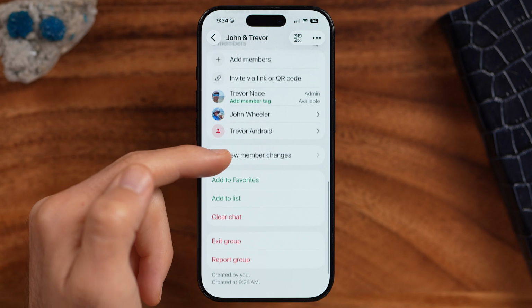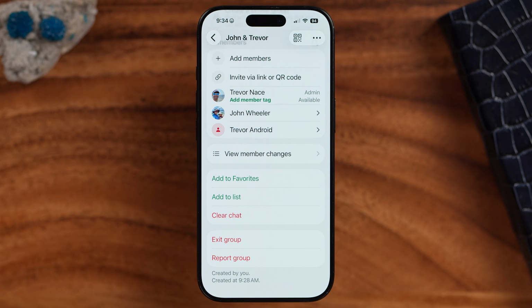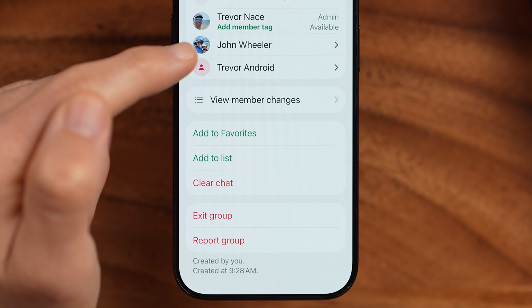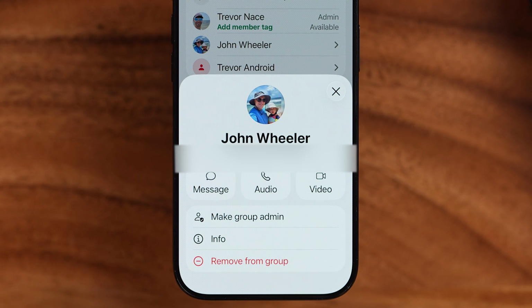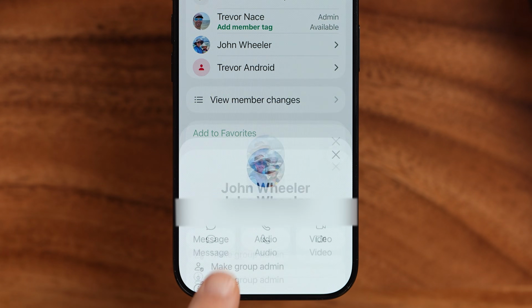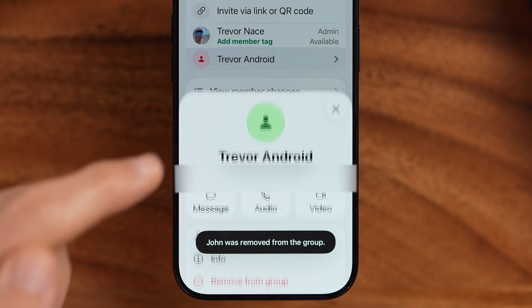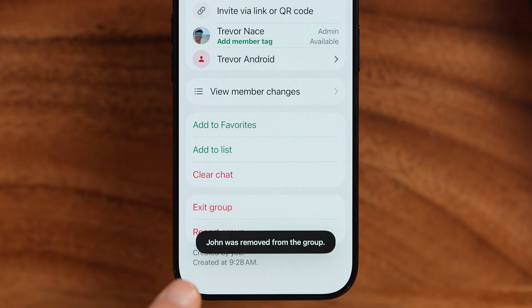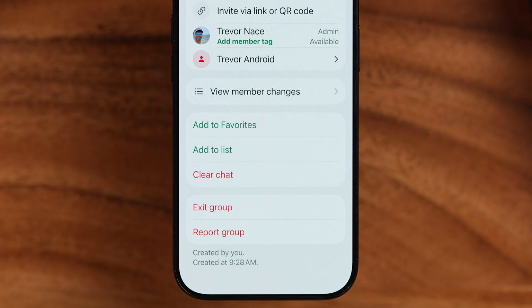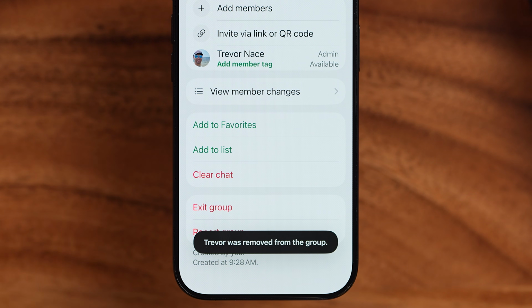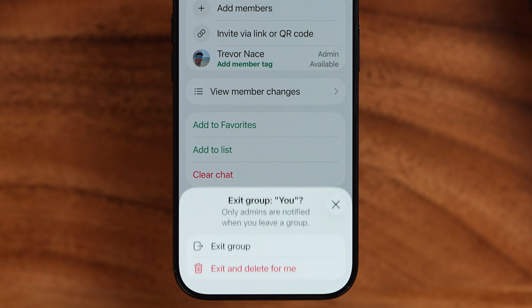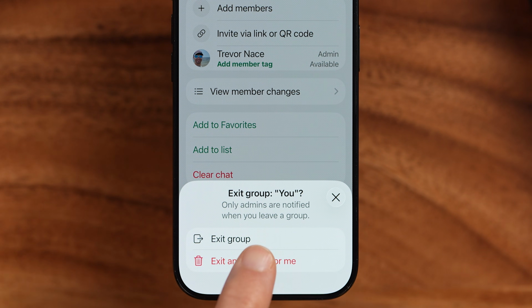Now, if you scroll down, there is no one button to delete the group. However, to be able to delete it, I need to tap on everybody's name and then tap remove from group and remove. And then tap on the other person's name and tap remove from group and then remove. Now, essentially, I've removed everybody from this group, and I can then just hit exit group and hit exit and